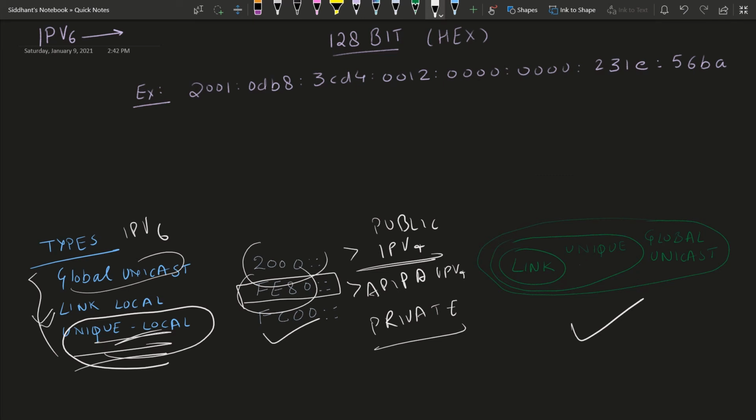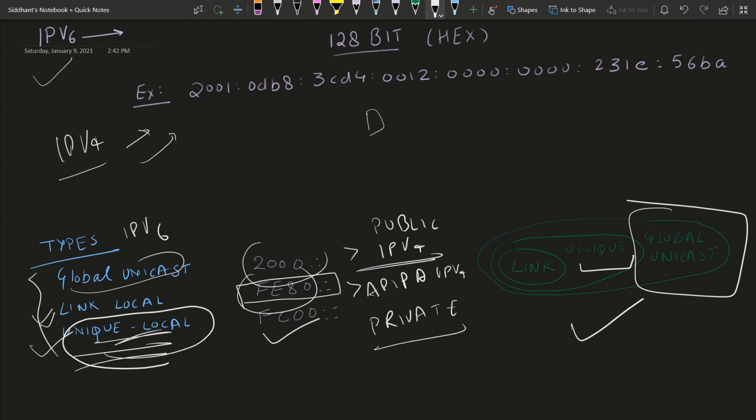Now, the unique local addresses I mentioned are like private IP addresses. If you want to set up an internal private address space, you can use these unique local addresses. These are not routable addresses, but if you need routable addresses, there are enough routable addresses in IPv6. As IPv4 is getting costlier and costlier, IPv6 is a safe route to take. So you can use global unicast addresses to route, and general IP addresses are these global unicast addresses.